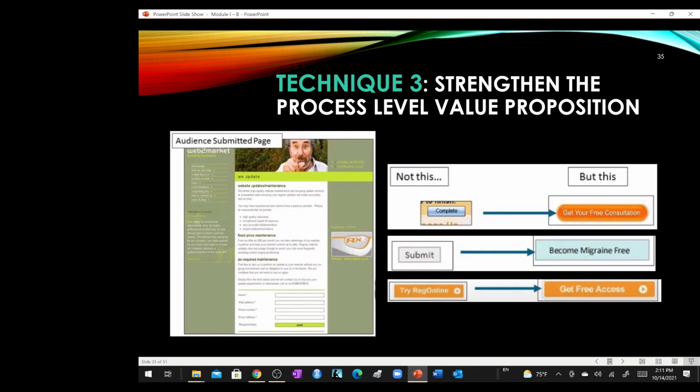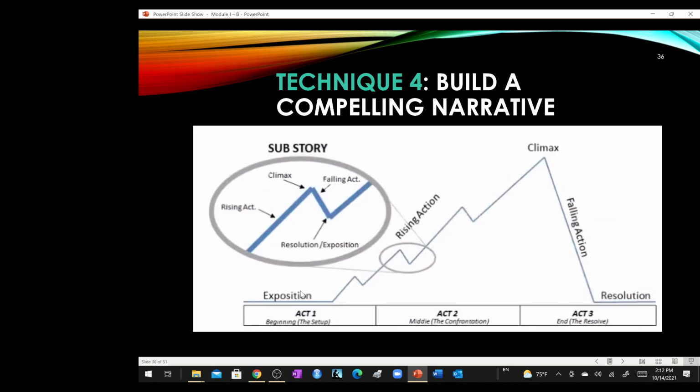Everyone loves free access. Try reg online or get free trial. I would say get a free trial is also better than get free access. Get a free trial, maybe even better. So the process is very important. Over here, for example, it is very important that your audience, this is the submit page, it has here what you do. It has bullet points very quickly, and at the same page, less friction, you will have the form. Technique 4,